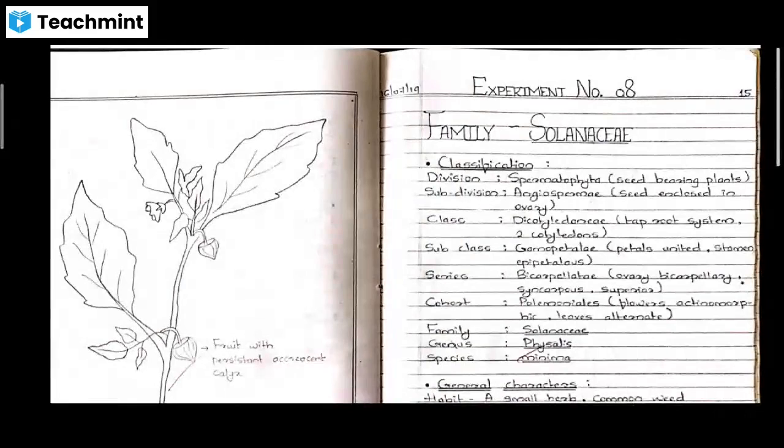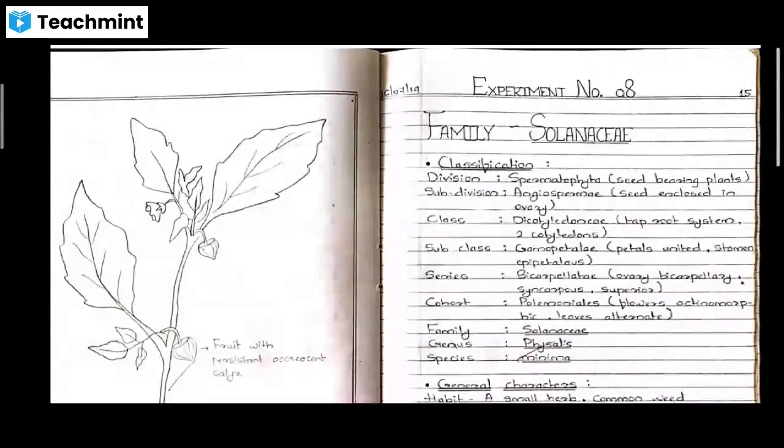So it is division, subdivision, and class. They will be the same. So division is Spermatophyta, then subdivision is Angiospermae, class Dicotyledonae, subclass Gamopetalae, which is the same as Rubiaceae. That is, petals are united, then stamens will be epipetalous. That means